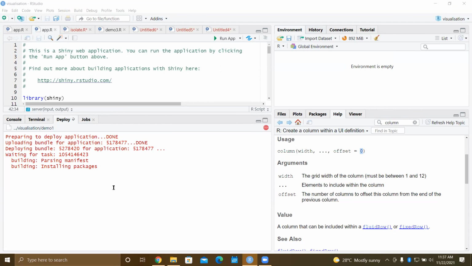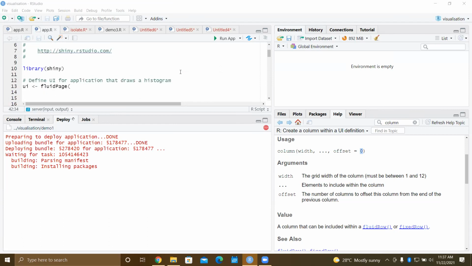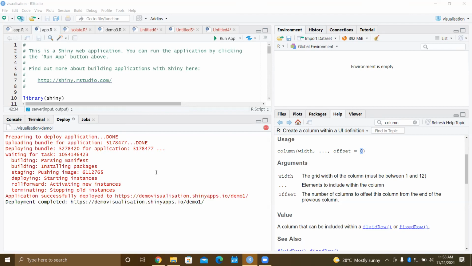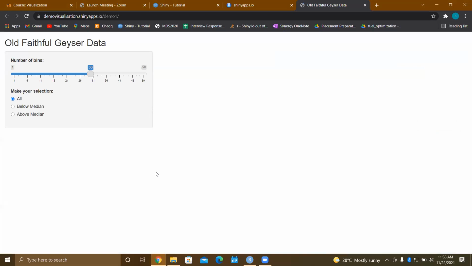Since this is a small app, I don't think it will take much time. My app used to take 10 to 12 minutes, I think. It was a big app. You can see the deployment is completed and it opens as a web page. Something is happening.